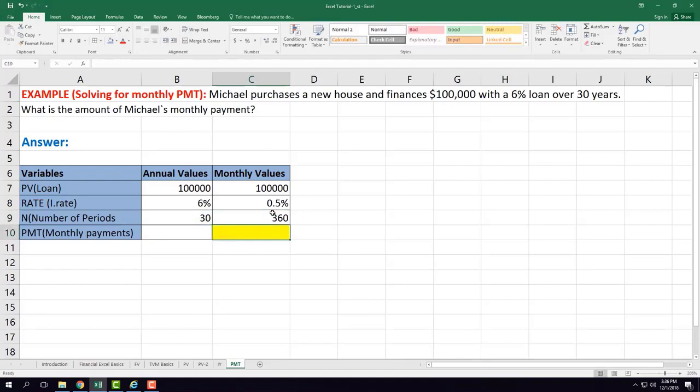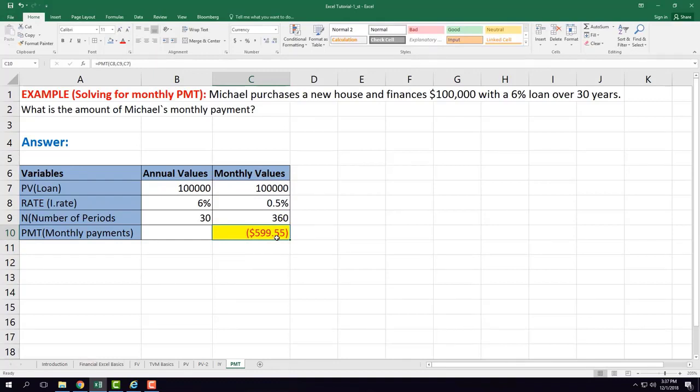So in order to calculate mortgage payments, you just need to write here in the yellow cell PMT. This is the function to calculate the payments, okay, monthly payments. And choose the interest rate here, comma, number of periods. And the third parameter is present value, which is $100,000. And you do not need to enter anything else. Close the parentheses. It's going to be some value in minus. Okay, so this is going to be